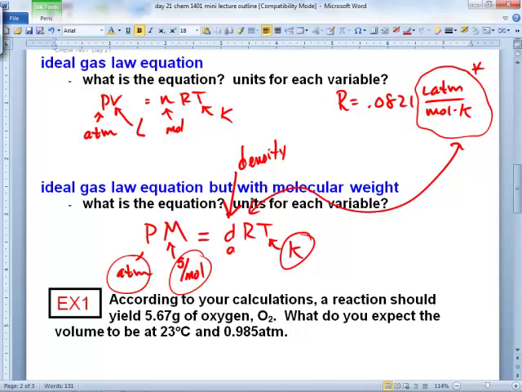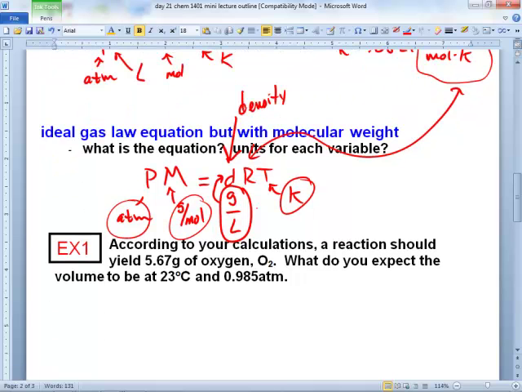Ooh, she saw it. To get this to work, the density has to be in units of grams over liters. Because you have to have the same units on both sides. And you could play the canceling unit game and see that the units cancel out, they work out. The only way to get the units to work out is if density is grams per liter. So important, because otherwise you're not going to be sure how to use the equations. They got to be in the right units.